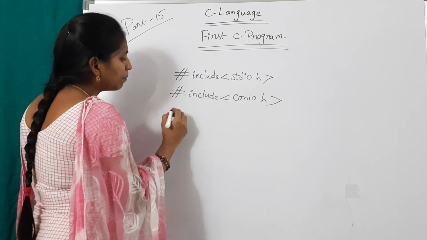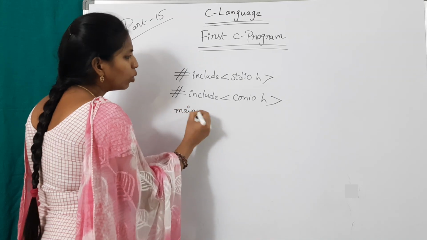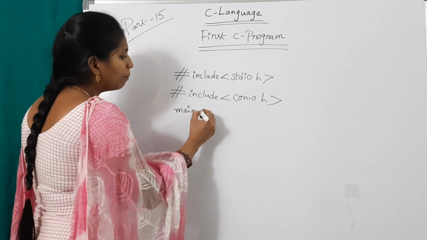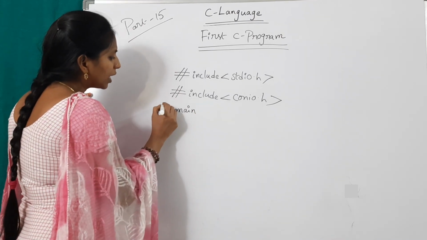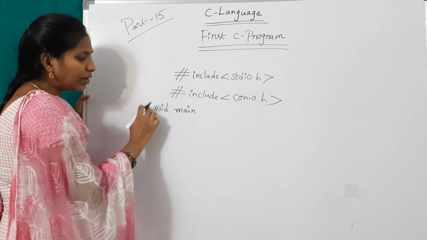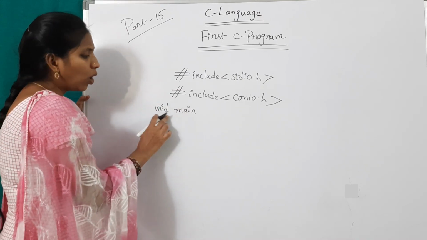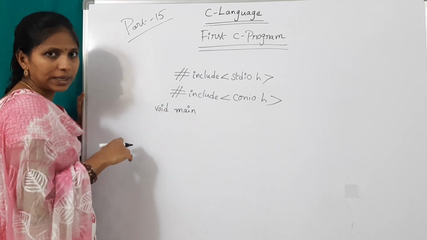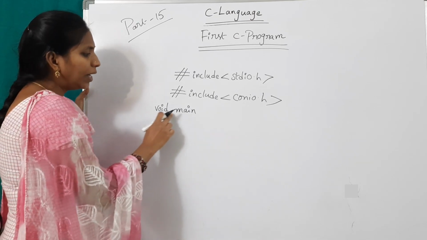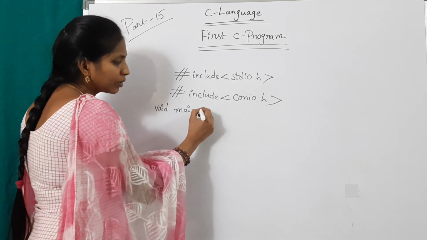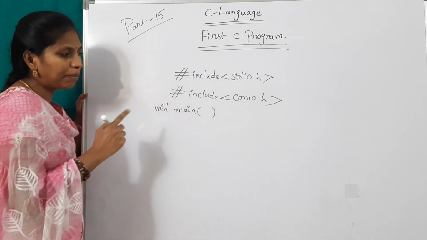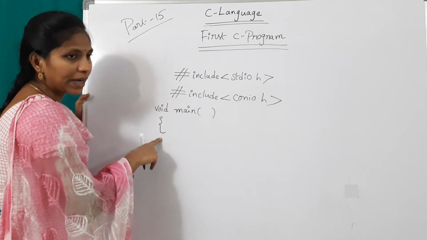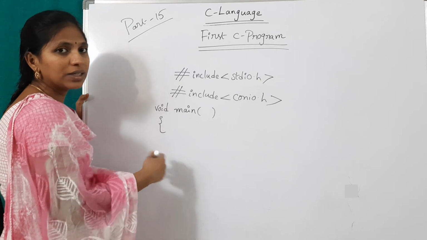The next section is the main function section. I don't want to use a global section in this program because this is a simple first program. Before main, use the keyword void. Void is all in small letters. This is a keyword. There is a difference between void and int, which I'll explain later. Void main. Main is a function, and every function should be followed by parentheses. Then an opening curly bracket, because I want to use more than one statement.